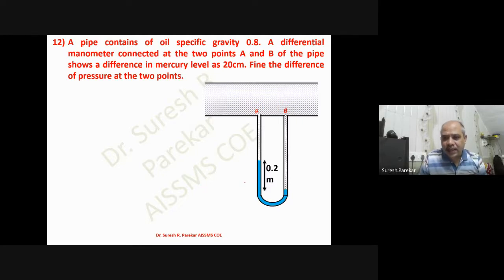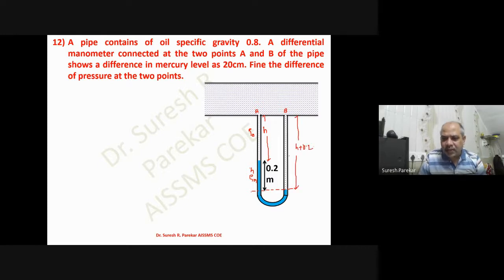Now I will derive this, and we have to use it for other problems in this video also. So let this be H, and if we are going to write it down for H, then we have a rho of liquid, or we will say of oil, and then we have this as a rho of mercury. Then how will we get this? So let this be H, from this to this, and below we have 0.2, and then we will get this value as H plus 0.2.